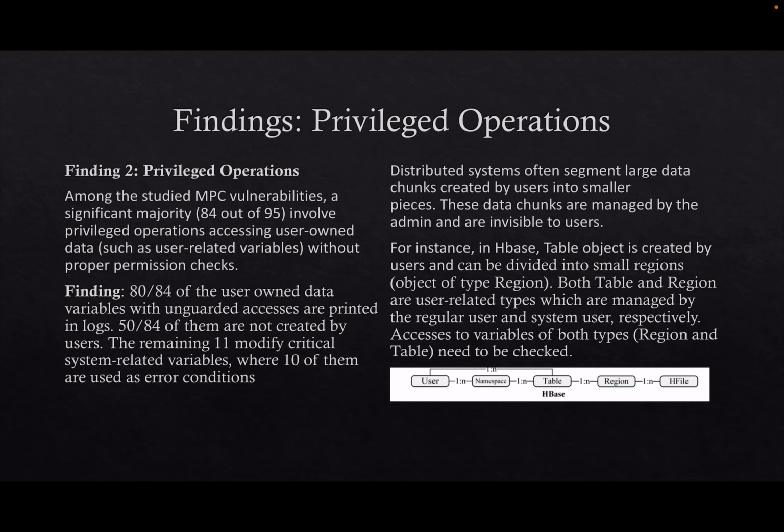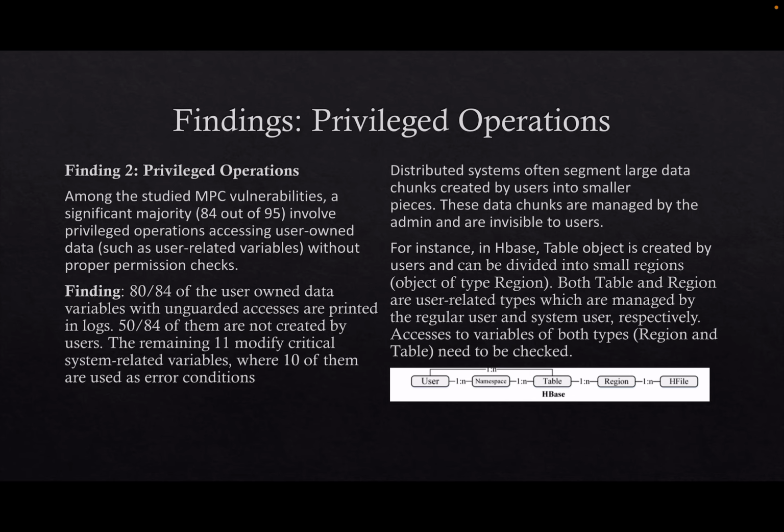Among the studied MPC vulnerabilities, a significant majority, that is 84 out of 95, involved privileged operations accessing user-owned data without proper permission checks. Around 50 out of those 84 were not created by the users. User-owned data can be directly created by the user, or it can be transitively derived from other user-owned data. The remaining 11 modify critical system-related variables, where 10 of them are used as error